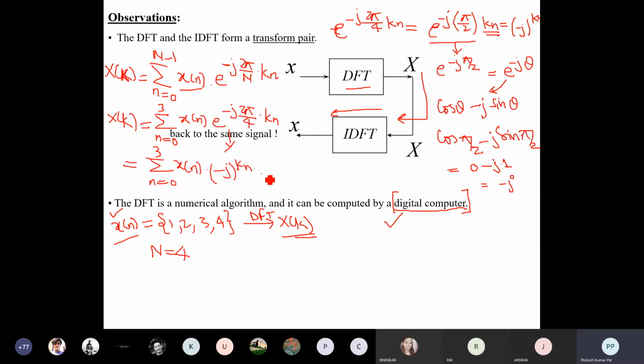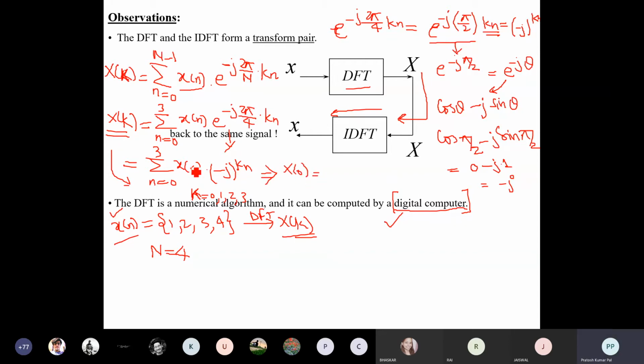ठीक है, so next हम इसको क्या कर सकते हैं? We need to find out x of k, and this k should be varying from 0 to n minus 1. That means the k value should be varying from 0, 1, 2 and 3. So we will change the value of k. We will change the value of k once by putting k equals to 0, then once putting k equals to 1, then 2 and 3. So from there we can find, like suppose we need to find out x of 0.